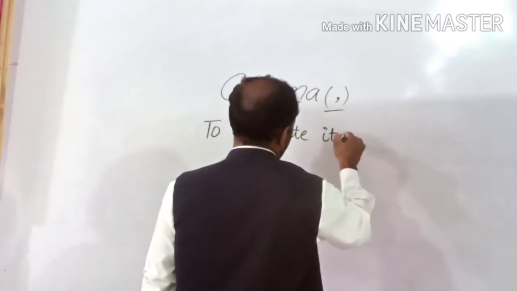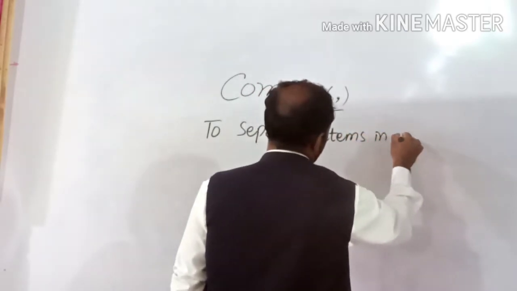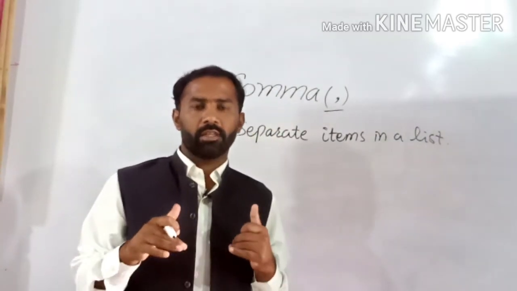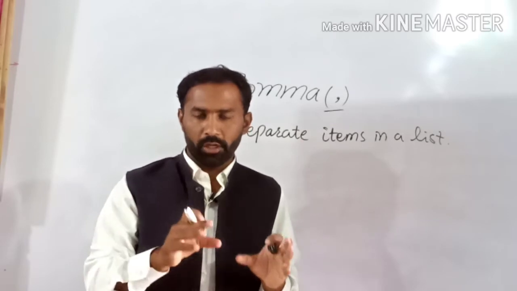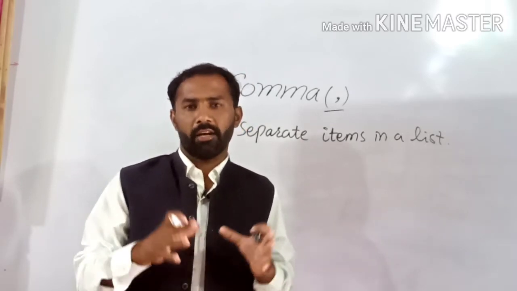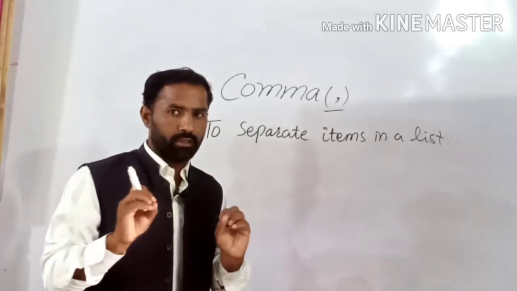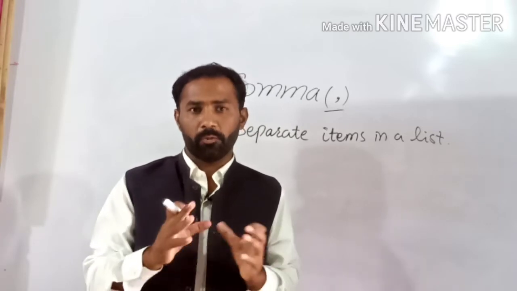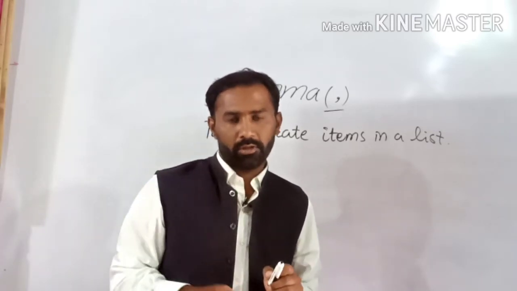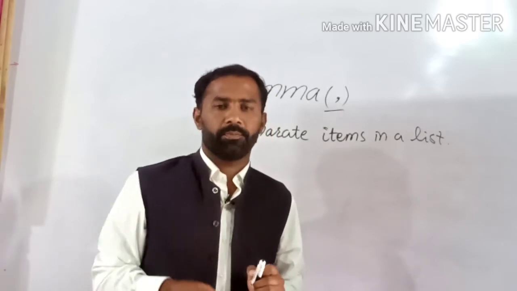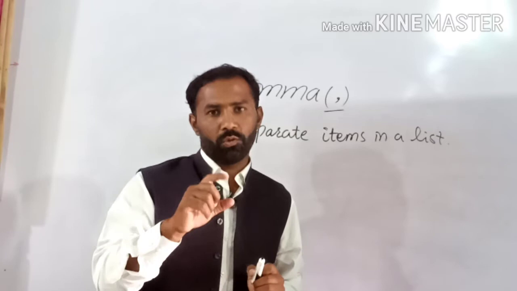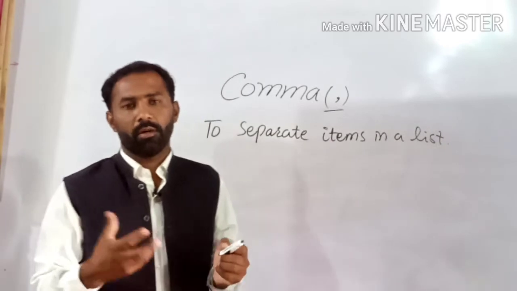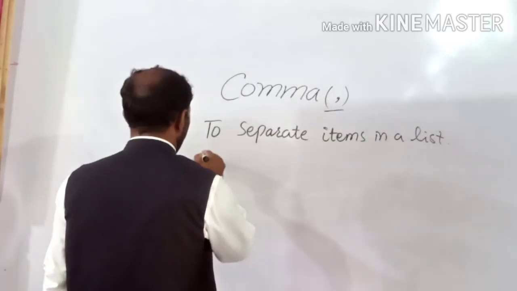items in a list. It means that, for example, I say that I bought sugar, milk, vegetables and fruits from the market. So whenever I describe many items in a list, in a sentence, that time we separate all these items by using a comma except the last item, and there we use a conjunction, that is and or but. So I bought